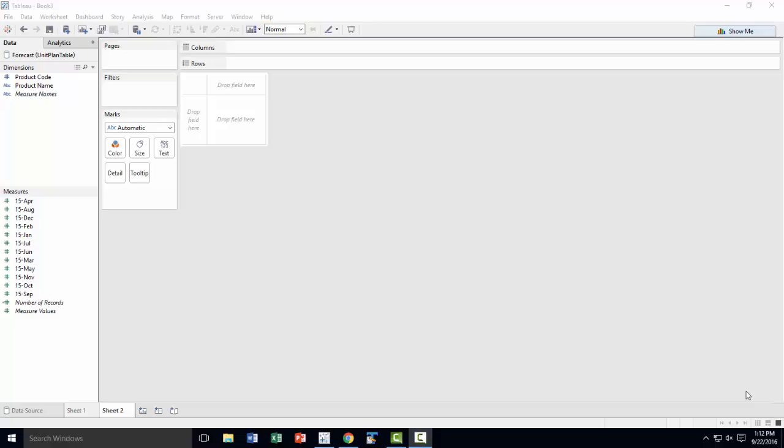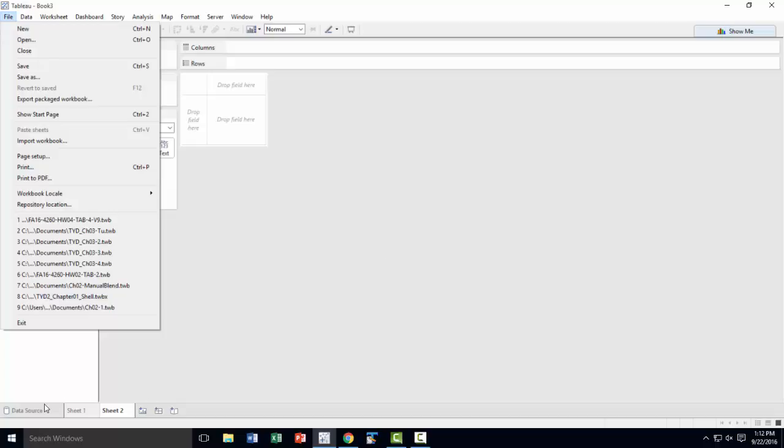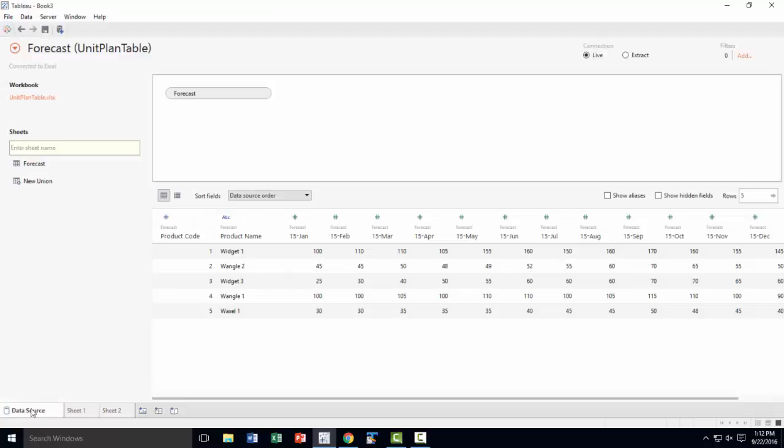So now we're going to look at how to plot several measures in the same plot. So we'll start with 3 different plots. We're going to use a different data source. So go back to data source